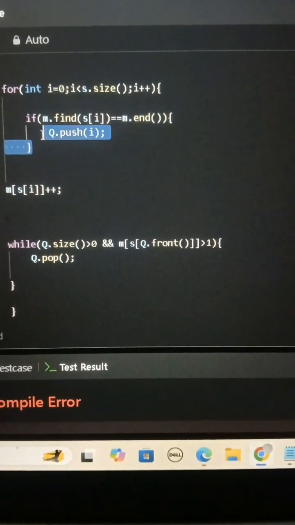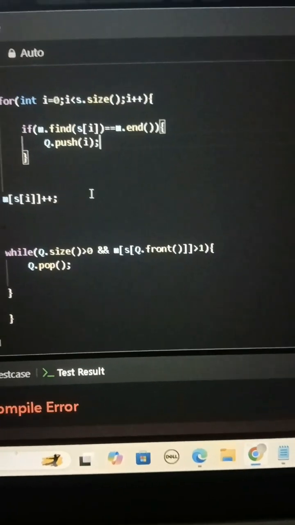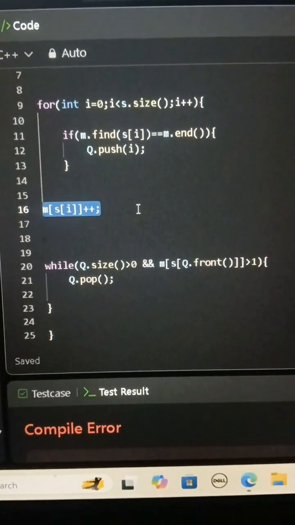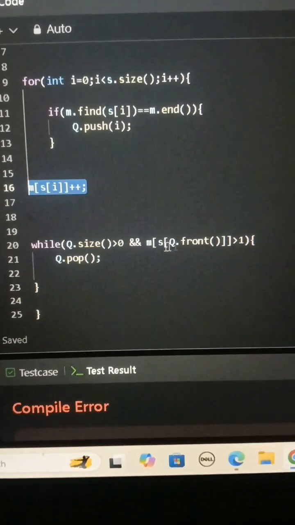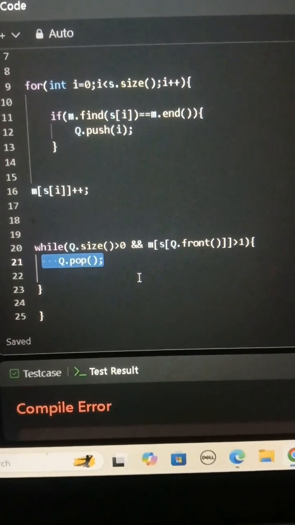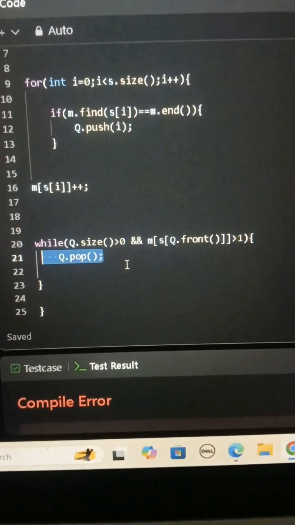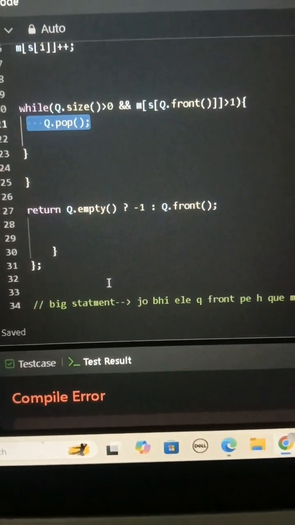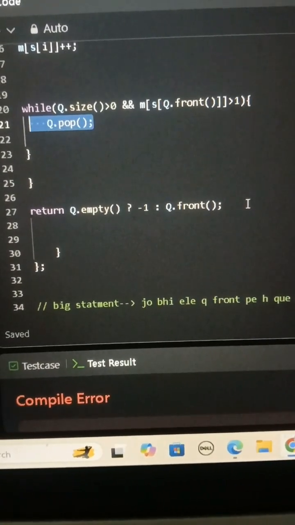We are pushing the index of the character into the queue, and then increasing its frequency in the map, and then if its frequency is greater than 1, we are popping from the queue,